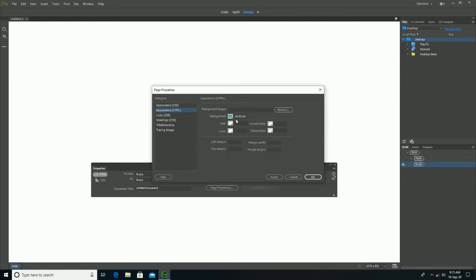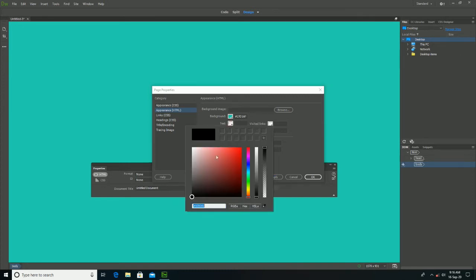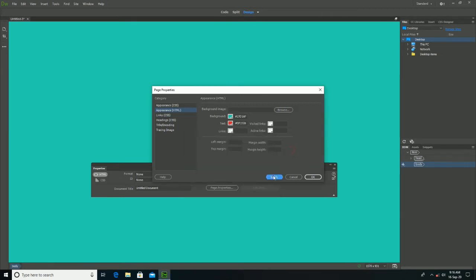And after that, click on the apply button to apply the background color. Likewise, you can also set the text color. The text which you write will be on the screen.